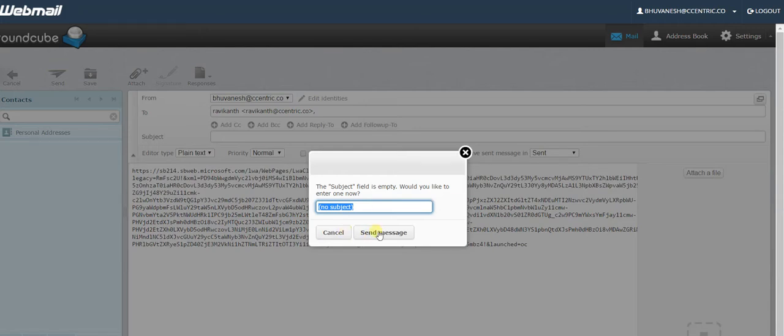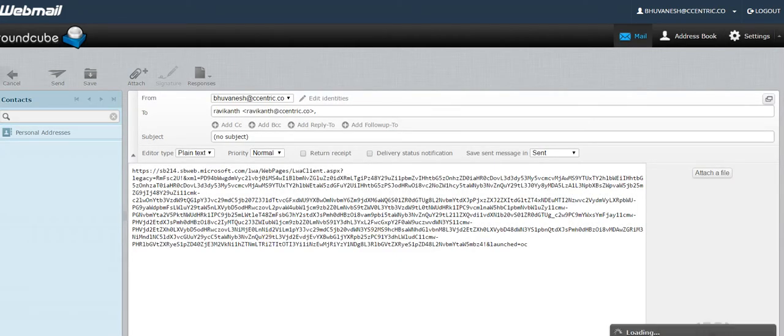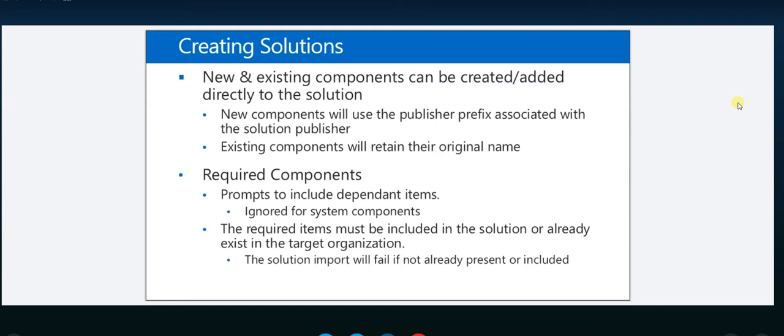And the reason for this is that when you export this and import it into a different organization, all the required components and the components that's assumed are already available in the organization that you're importing to. So if all those components that your solution assumes already in the system are not present in that environment, import will fail. And it will basically just let you know what components is missing. It's not going to give you all of them. It's just going to give the first